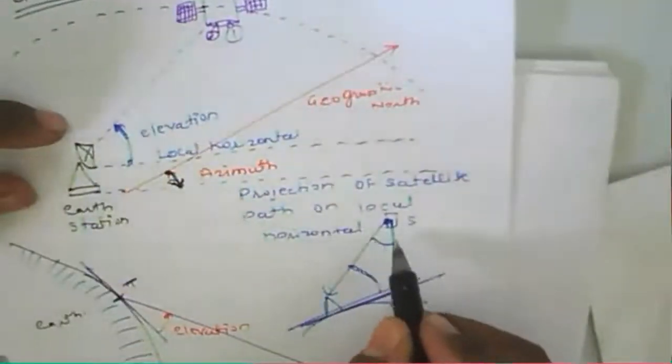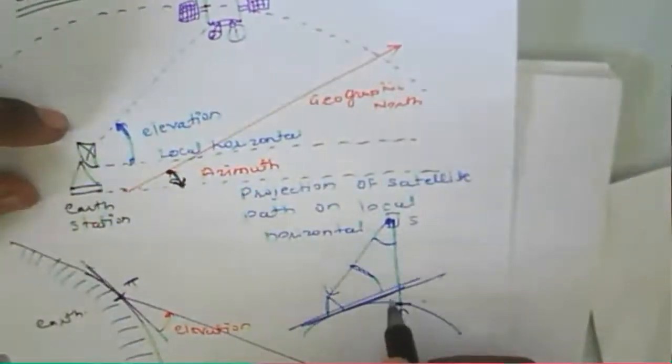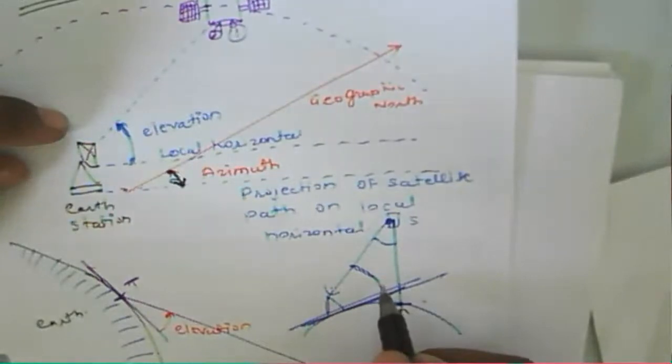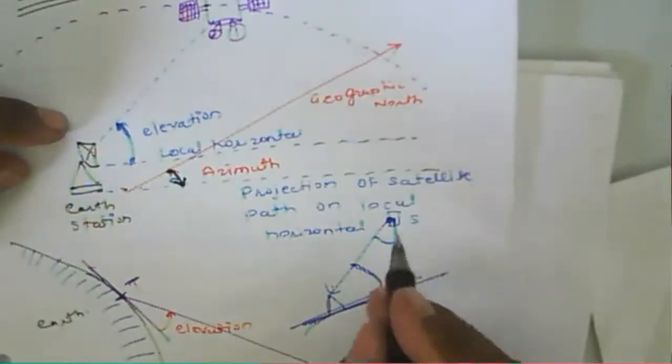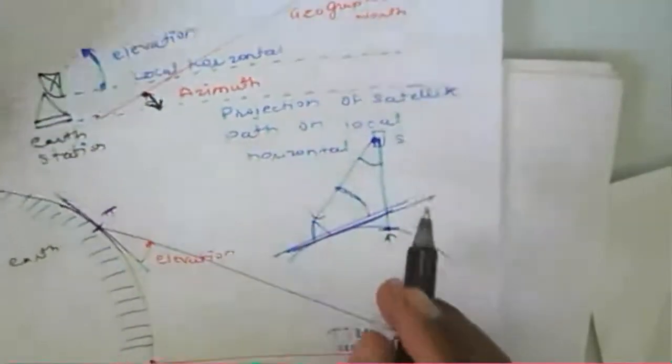So the limits of visibility means what? We have this particular satellite here, as we have seen earlier, from this particular point, the nadir angle, we say, the position of this particular satellite from the Earth station with respect to whatever elevation angle we have. So if that elevation angle is supposed to be